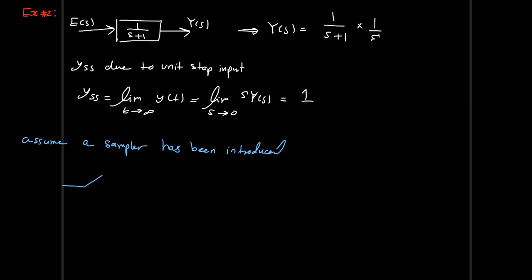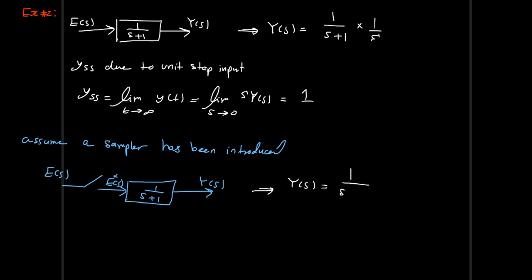So simply the same block diagram, except that we are introducing a sampler without a zero order hold. So this is E of s, this will be the E star of s or E of z, and this will be the Y of s, 1 over s plus 1. Now from the block diagram, we can say that Y of s will equal 1 over s plus 1 E star of s